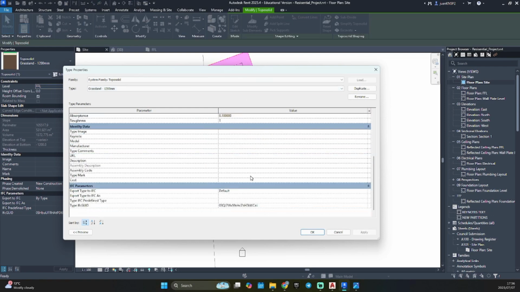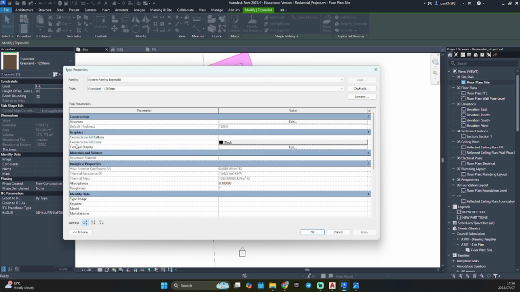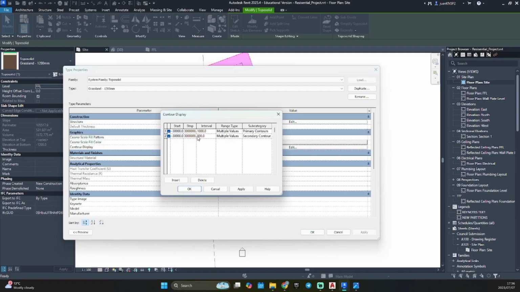You'll see a new window pop up. So here under graphics, in the second tab, you'll see contour display. So let's just go edit. As you can see, our current intervals are 500. So we have 200 millimeter intervals, which means we have to